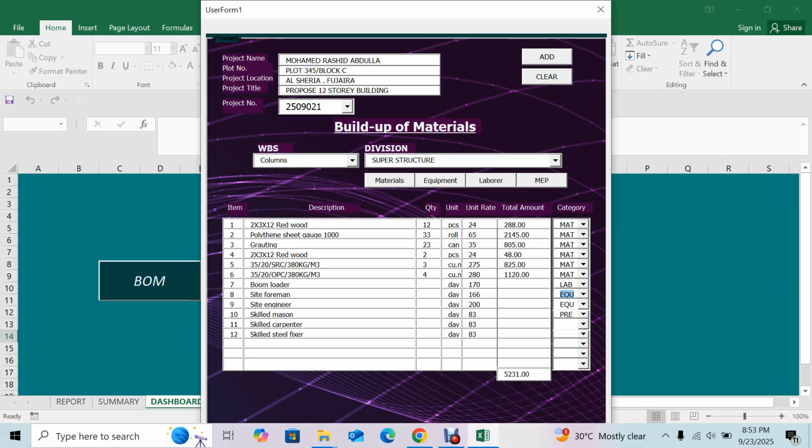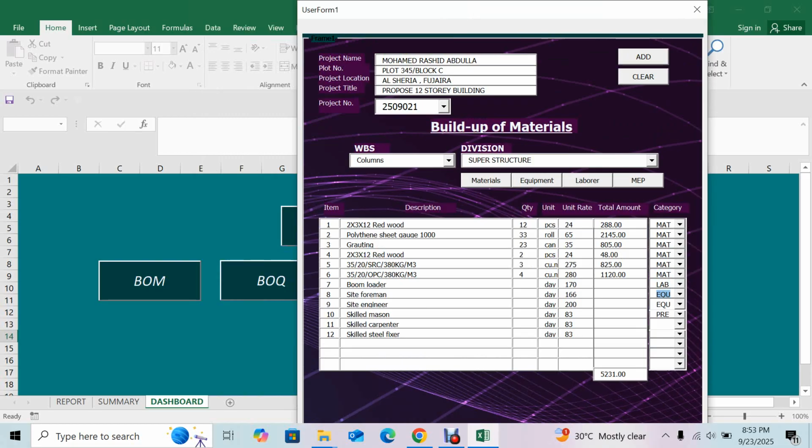Alright, so you can clear this one. You have materials, equipment, labor, MAP. By the way, guys, this material, equipment, you can edit it here in our forms in the data worksheet. You can find here, you can just only edit it. If you have to add details in our materials, equipment, you can just add here in this worksheet data here. Okay,